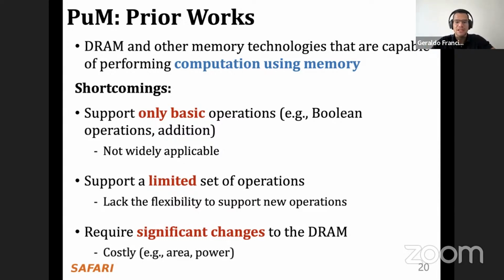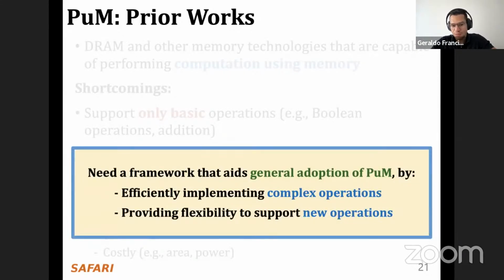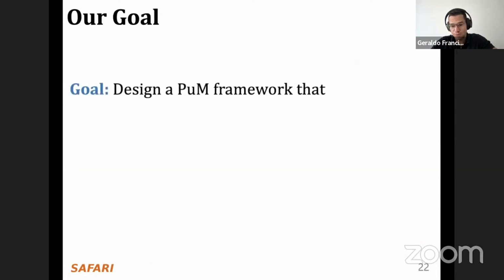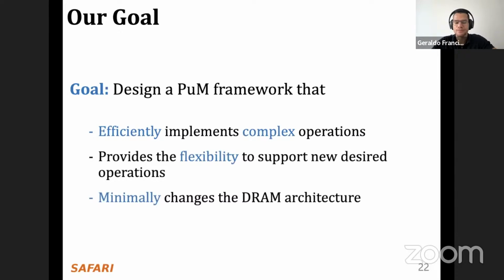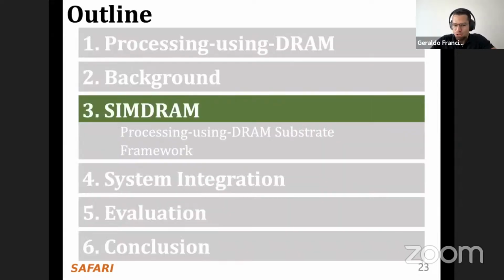As I said, it's costly and creates error problems. So this leads to the fact that we need a framework in order to enable the general adoption of processing using memory. And this framework should enable efficient implementation of complex operations in DRAM while providing the flexibility to support new operations. Therefore, our goal is to propose a framework that enables us to do any complex operations in DRAM as we need, and also avoid doing any major changes in DRAM architecture at all. So then I'm going to start to introduce our processing-using-DRAM framework, which is called